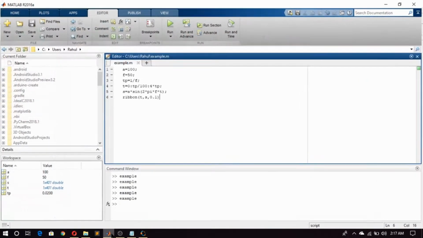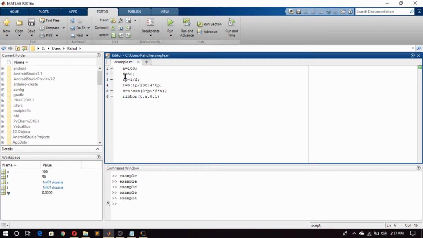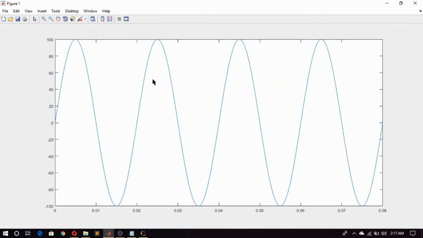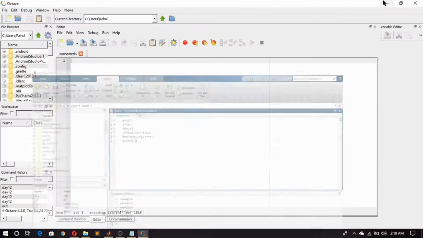Exactly as in Matlab, that is a equal to 100, f equal to 50, tp equal to 1 by f, that is the time period, t equal to 0, tp by 100, 4 into tp. How this notation is made will be discussed in another video. And s equal to a sine 2 pi ft. Okay, and we are going to plot this. This is the sine wave representation in figure 1 in Matlab, and the same program I am going to run